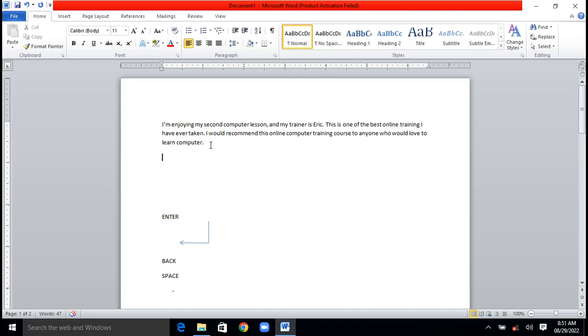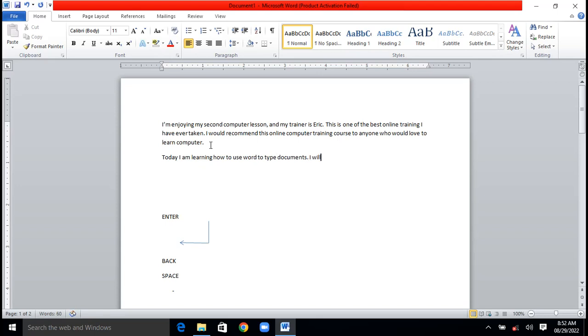Let's say today I am learning how to use Microsoft Word to type documents. Okay, today I'm learning how to use Word to type documents, full stop, and then write